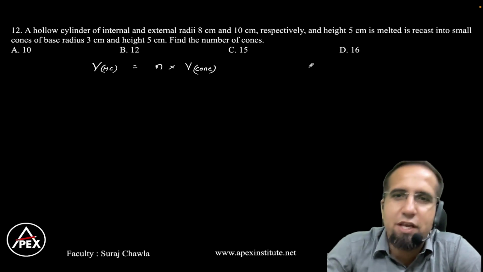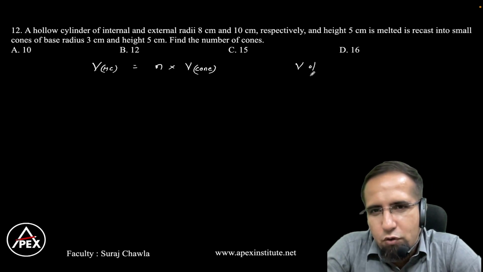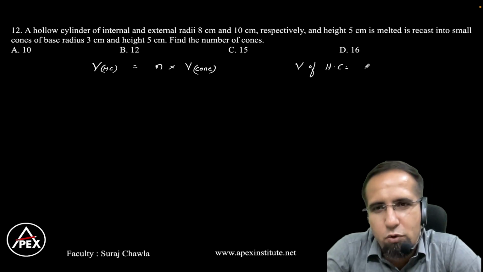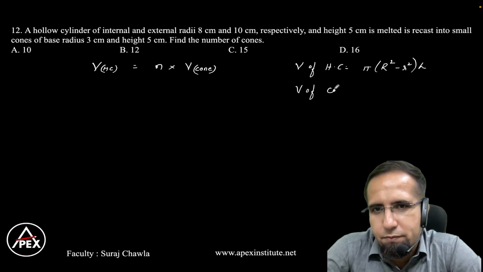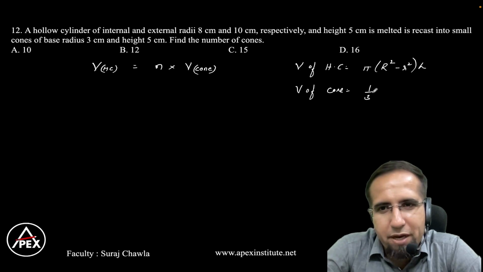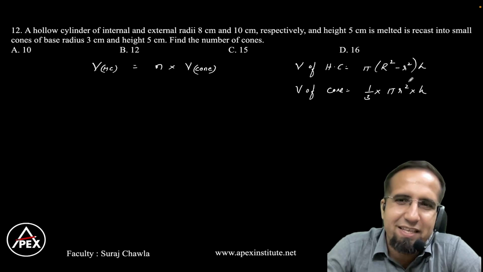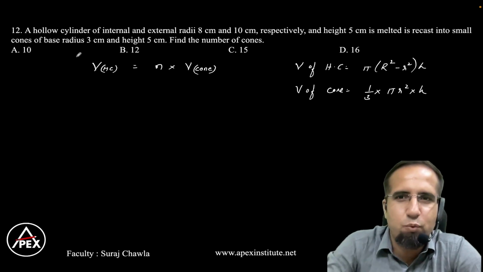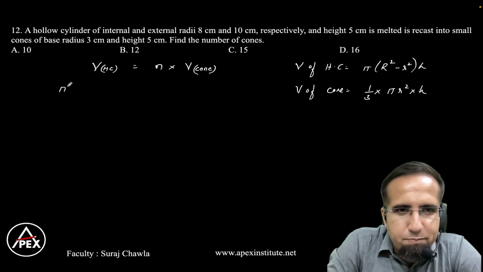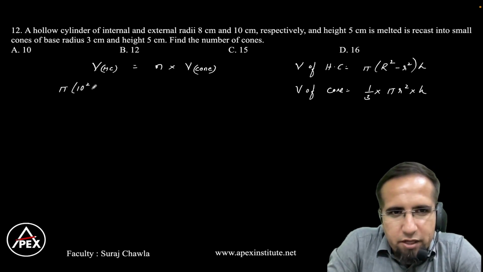So for this we need to know two things. What is the volume of a hollow cylinder? Volume of a hollow cylinder would be equal to pi into outer radius squared minus inner radius squared into h, and volume of a cone will be 1 by 3 into pi into r square into h. Since pi gets cancelled and h gets cancelled, both the heights being the same, we can directly use it in one formula. So this can be written as pi into, this is 10 square minus 8 square into 5,